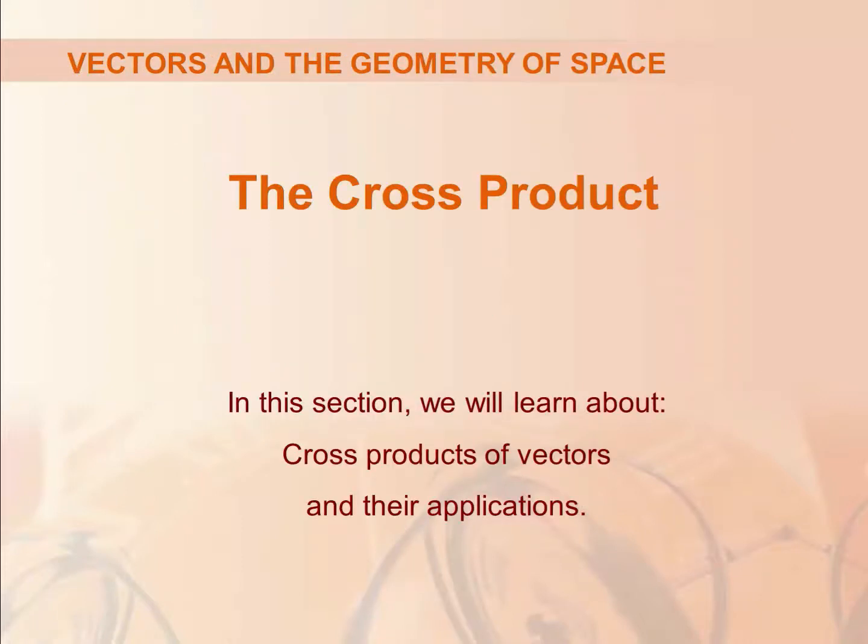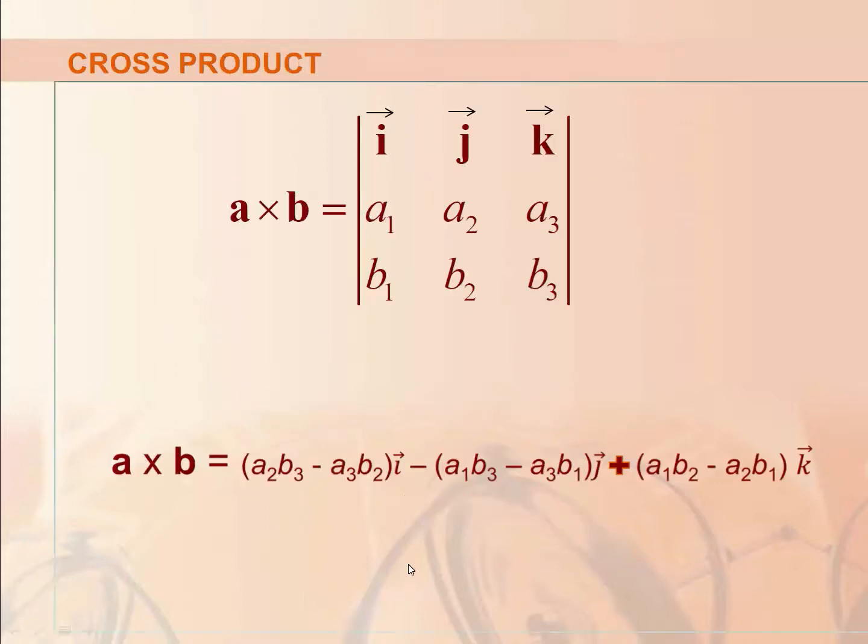The cross product. In this section we'll learn about the cross product of vectors, how to get them and their applications. A cross B: if the vector A is (A1, A2, A3) and vector B is (B1, B2, B3), to find the cross product we put I, J, K, then A1, A2, A3, then B1, B2, B3. First we cross this column and this row, and we do A2 B3 minus A3 B2,